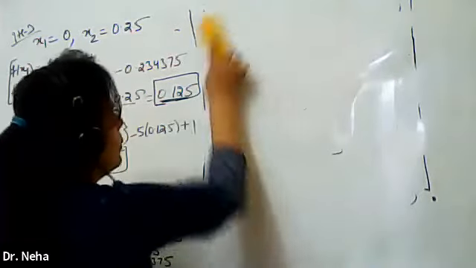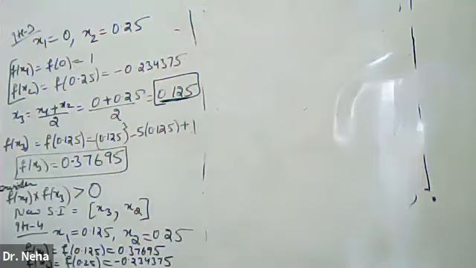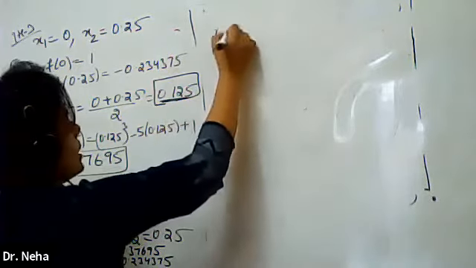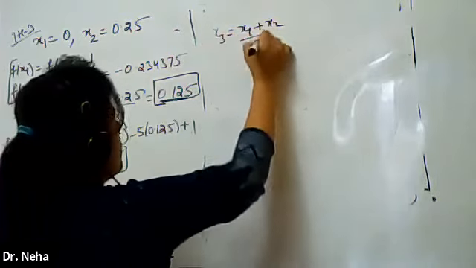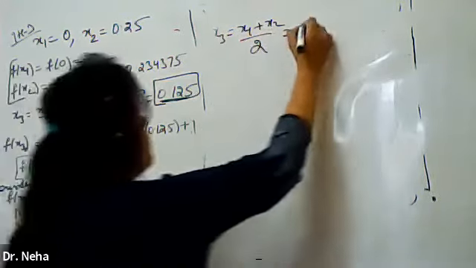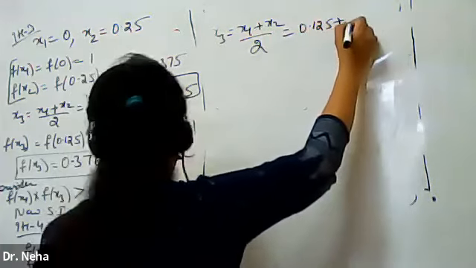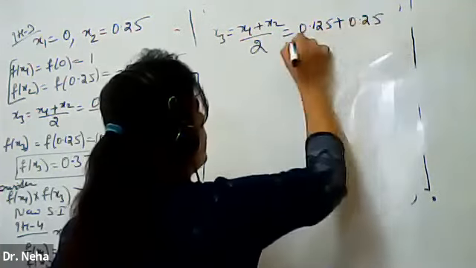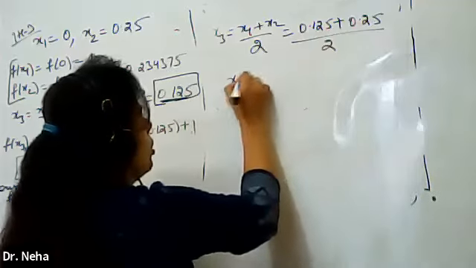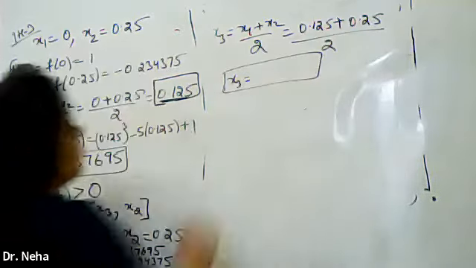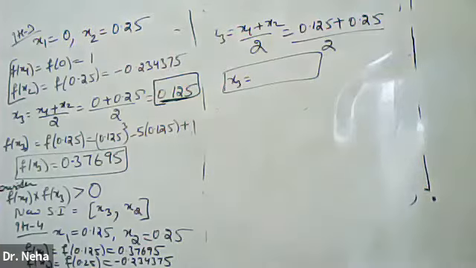Okay, so let's continue with iteration number 5 now. We were at iteration number 4 right now. Iteration number 4, fx1, fx2. Now let's find x3. How to find? x1 plus x2 divided by 2. That means 0.125 plus 0.25 divided by 2. That means the value is 0.31